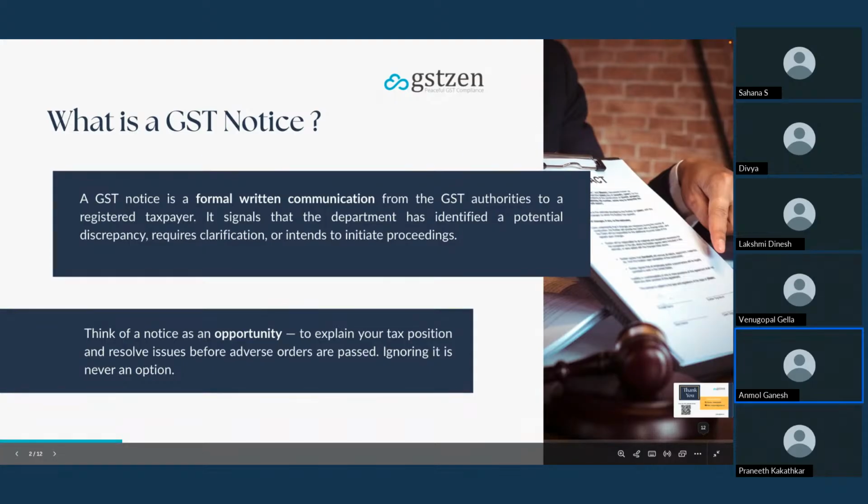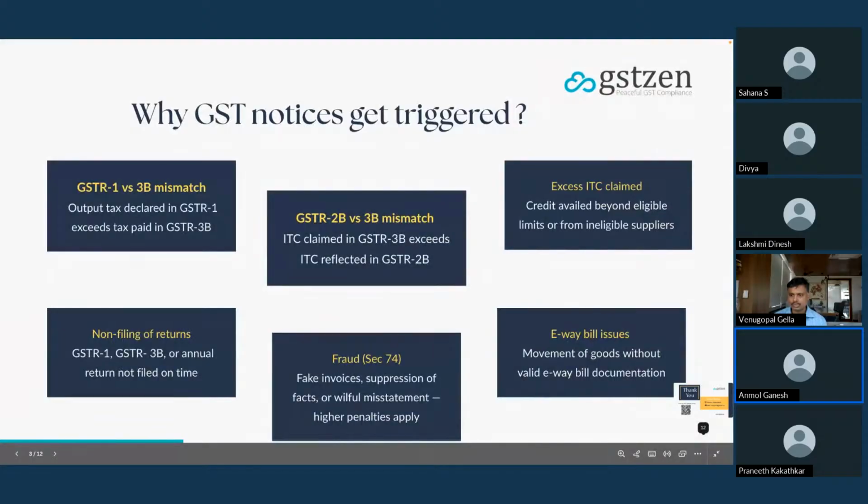Likewise, coming to the GST notice, it is a formal communication happening between a GST authority and a taxpayer. Let's say I am a taxpayer here. If I receive a GST notice, it clearly signals that a GST authority might have found some discrepancy or a problem, or they might need some clarifications for things that have already happened, like in the invoices that I have submitted or in the filings. So now that we know what a GST notice is, let us also understand why or how a notice might get triggered. There are several factors why a notice might get triggered. Let us go through it one by one.